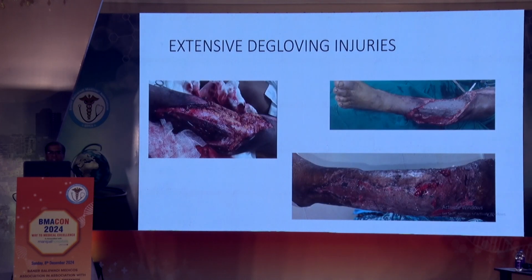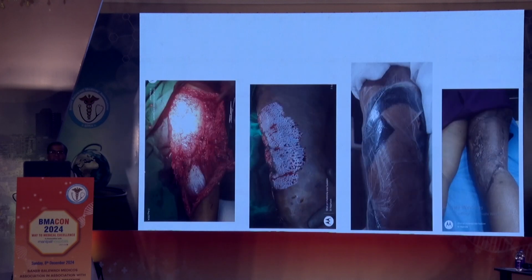Acute wounds, extensive degloved injuries where bone is exposed. In the same setting, we can harvest the skin graft from the degloved injury areas and cover the exposed bone. We know that intact periosteum is able to provide nutrition, and if we are able to cover the bone, later on reconstruction becomes very easy.